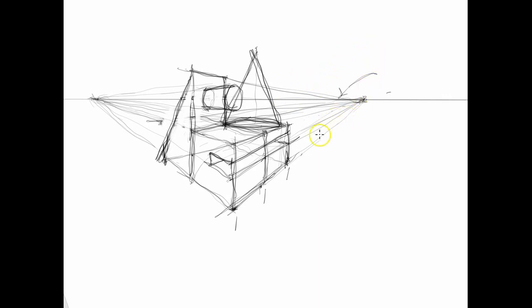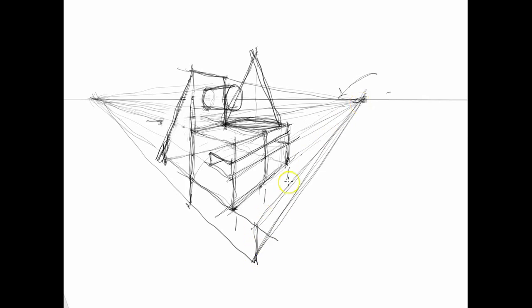And maybe just a simple, I'll do a simple wedge out here. Always referring back, where is the vanishing point? Okay. So once I get something laid out that I'm kind of having fun with, then I'm going to start